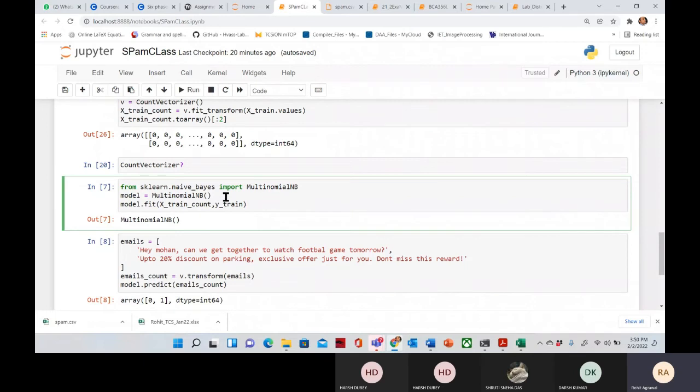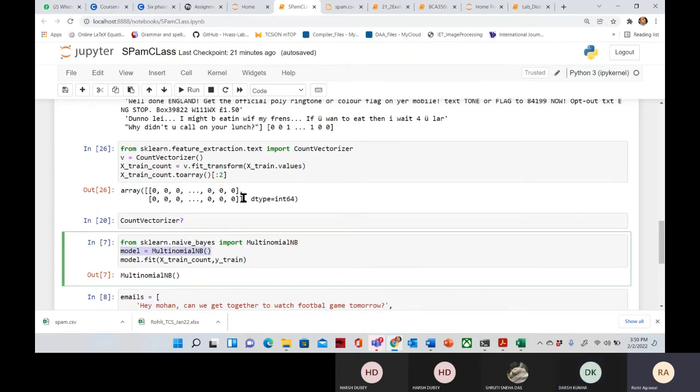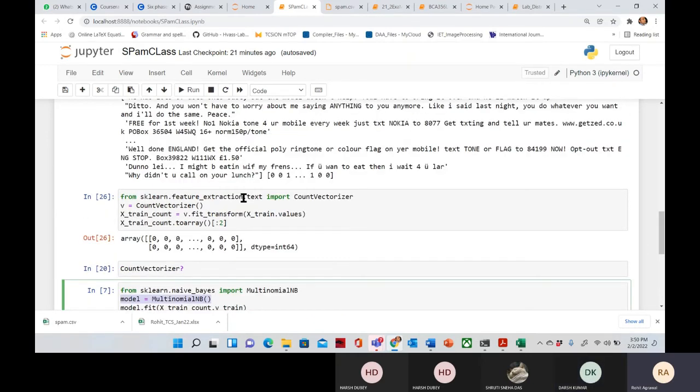Just let me know, how many of you are familiar with these things? Any one of you familiar? I think Python all of you have learned in the first year. Sir, we have learned Python, but not this sklearn and multinomial. Okay, I know these are new, so that's why you need to just...